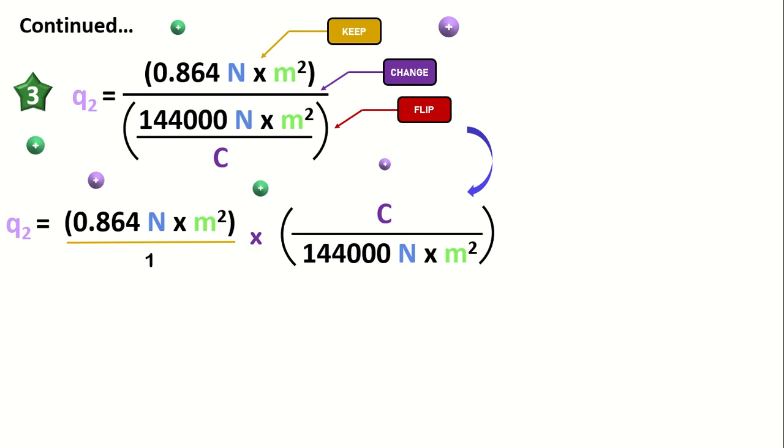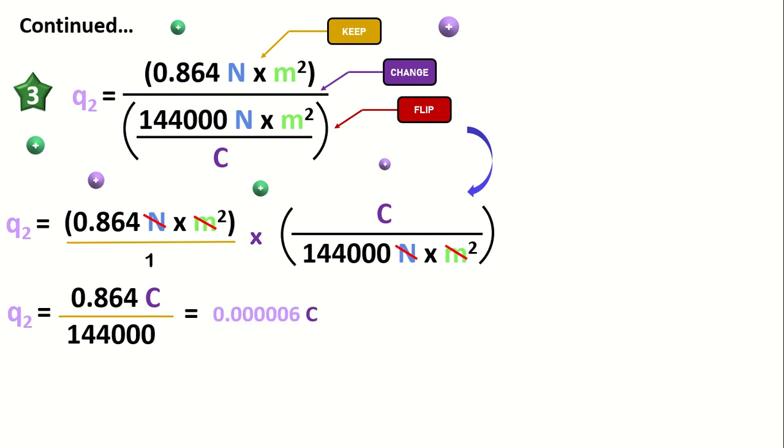So now, this is actually really good because looking at this equation, we can see that Newton and meter squared cancel out as they're both in the numerator and the denominator of this problem, right? So now we're just left with the unit of coulombs, which is great because that's what Q2 is measured in, right? That's its charge. That's the unit for charge, right? So this is good. So just simplifying this would be multiplying 0.864 by 1 coulomb, and then dividing that by 144,000 would yield a value of